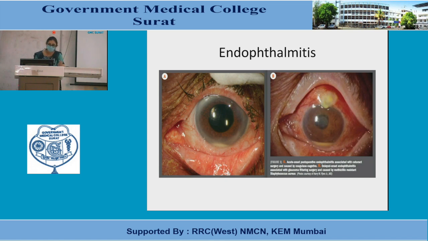So with any hypopyon, you have to see what your vitreous is. When you say endophthalmitis, it is inflammation of the inner coats of the eyeball. So when the inner coats are inflamed, vitritis would be there. If you have operated a mature cataract, getting a hypopyon on day 1 is also a common finding, but there the vitreous is not inflamed. So you have to be very vigilant and very observant about how the patient progresses.